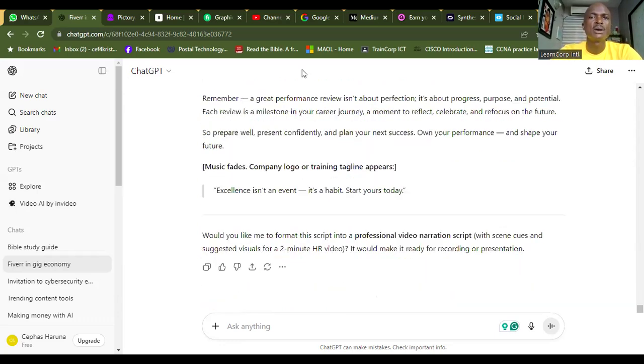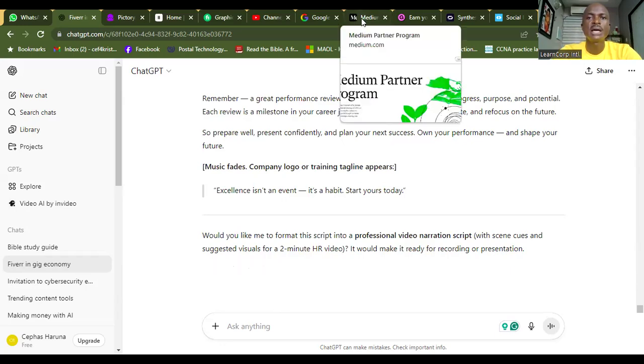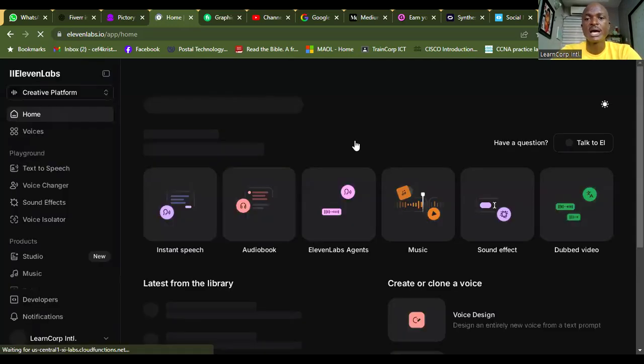Now I tried 11 Labs. This is 11 Labs. I wanted to have a voiceover where I could record my voice or pick a preferred voice. Now, 11 Labs is fantastic. You can synthesize your voice, and then anything you write and script, it will use your voice to read it out without you necessarily saying it again. All you need is to have the script on ChatGPT or any of the models you like, and it will give it to you.